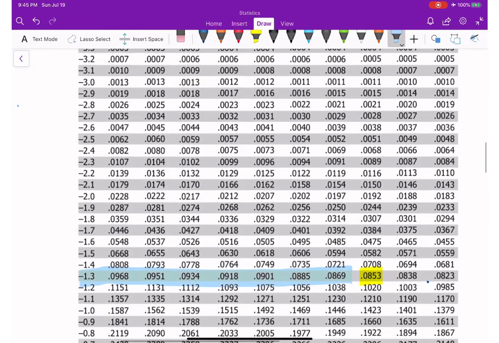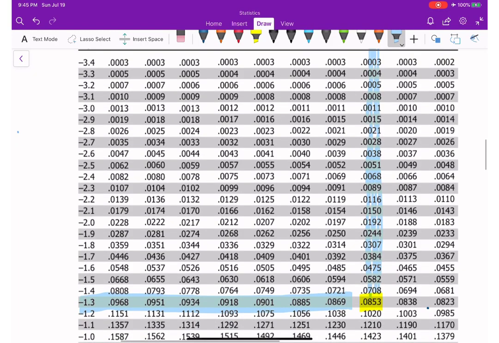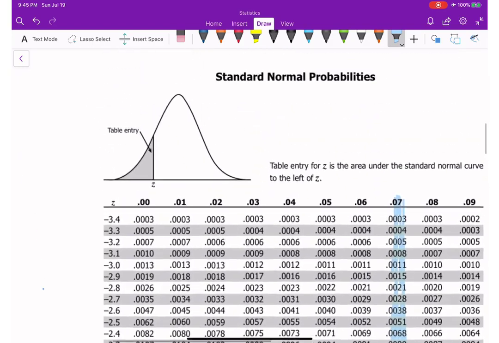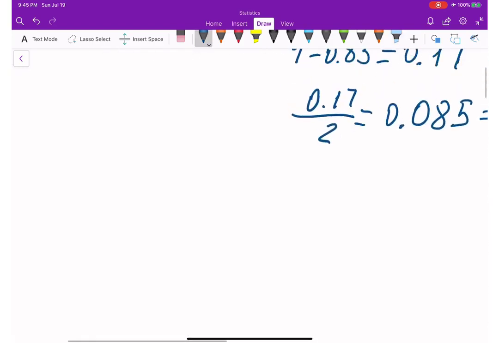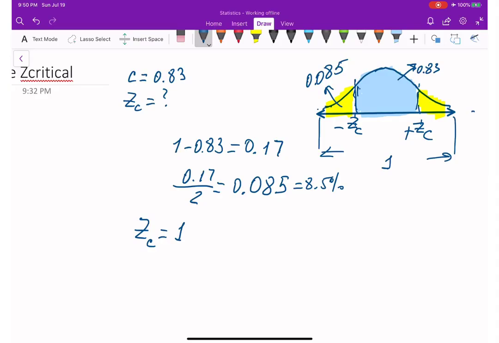it's -1.3, and if I come here, it's going to be 0.07, so -1.37. Okay, so the z-score for z-critical is going to be